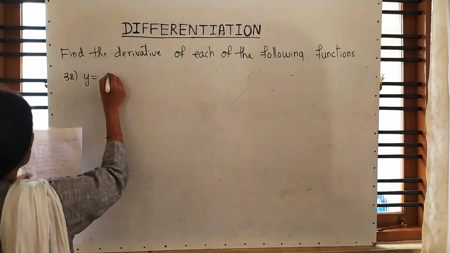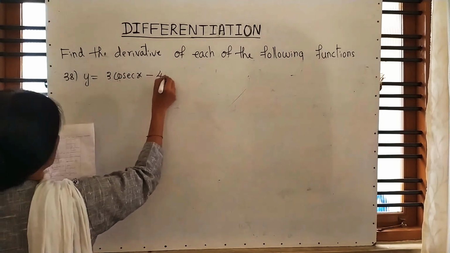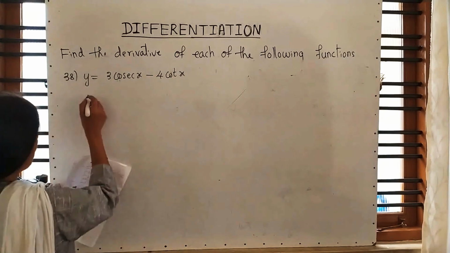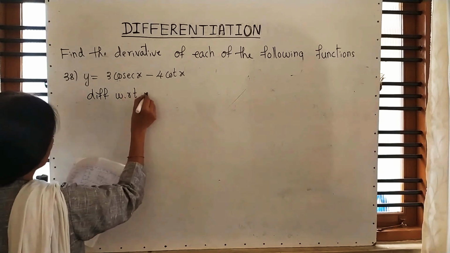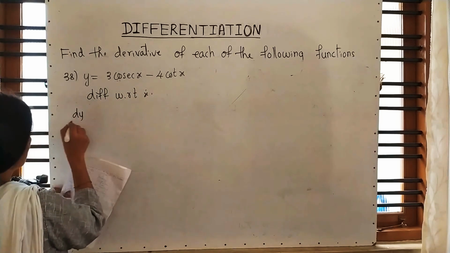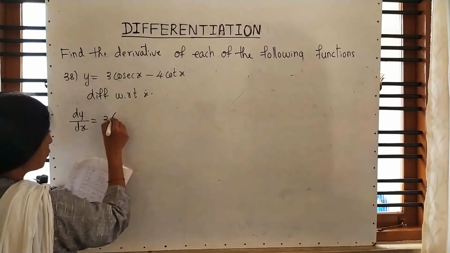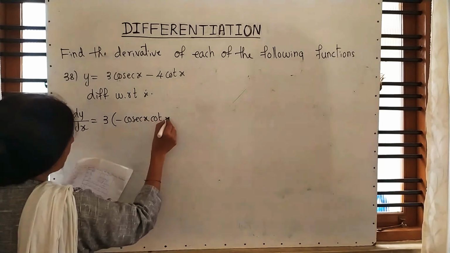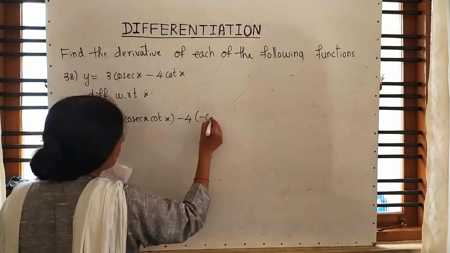y is equal to. Please keep your formula list with you. Cosecant. What is the differentiation of cosecant? Minus cosecant into cot. Minus 4 as it is. Differentiation of cot is